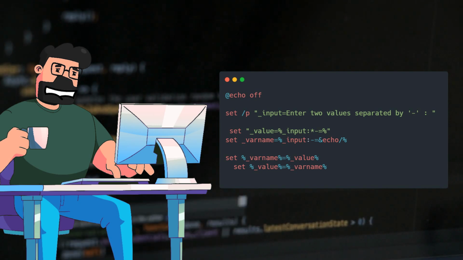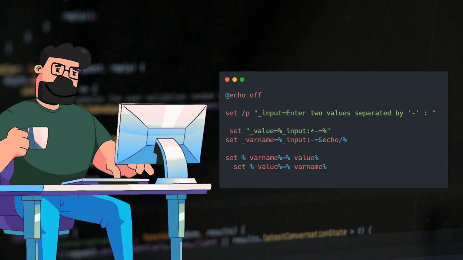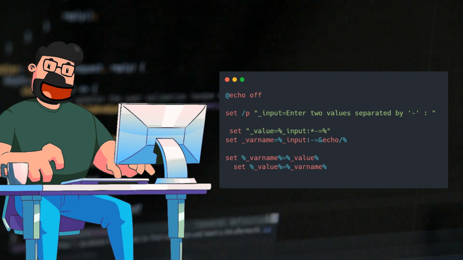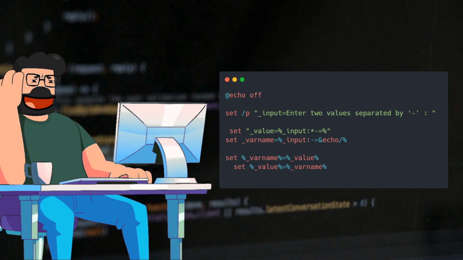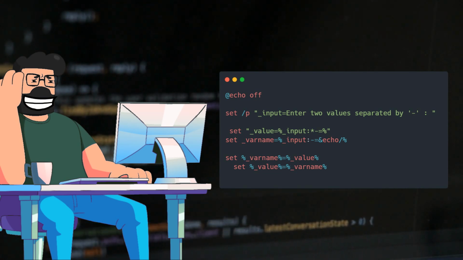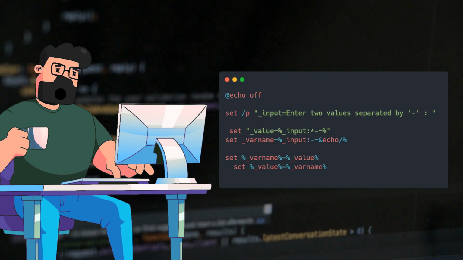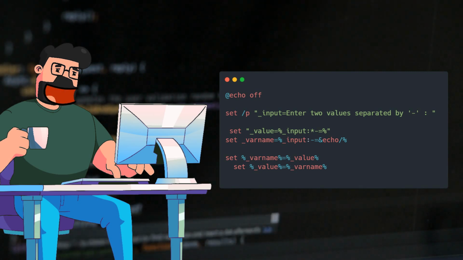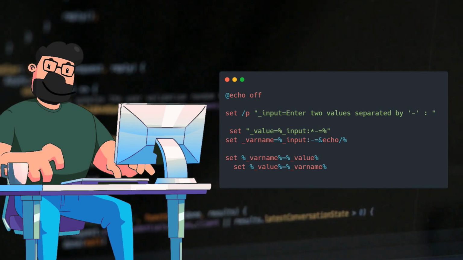The key lies in a clever technique that leverages the input provided by the user. By utilizing specific string manipulation and variable assignment commands, we can effectively change the variable within the script to match the contents of the user-defined variables. This approach allows us to dynamically set the variable values without the need for delayed expansion, showcasing the flexibility and